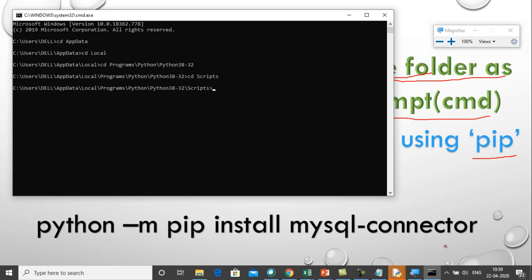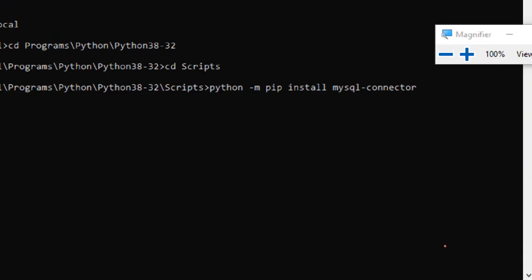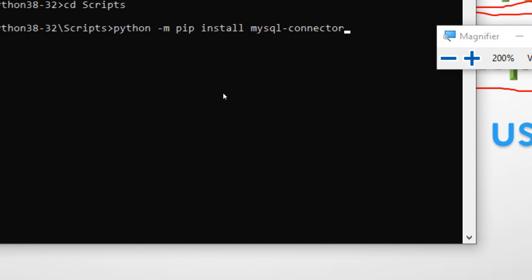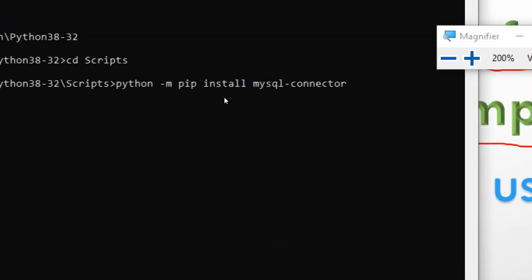I simply write the command: Python space -m space pip space install mysql-connector. So you have to write this command, that is Python -m pip install mysql-connector.